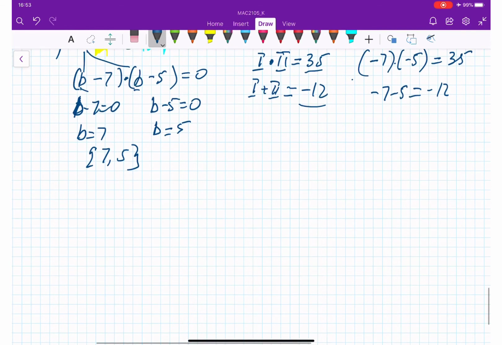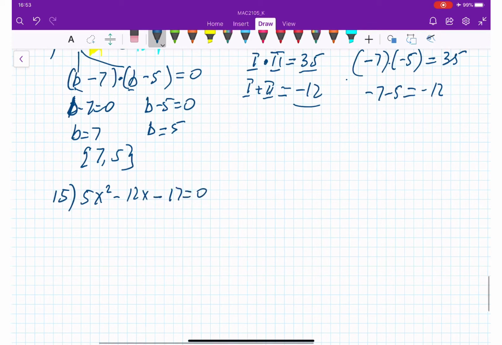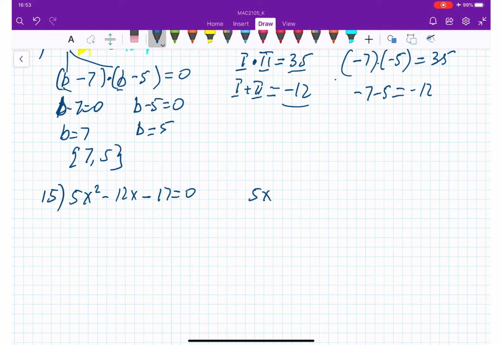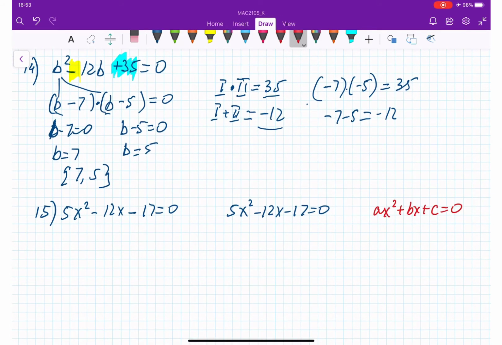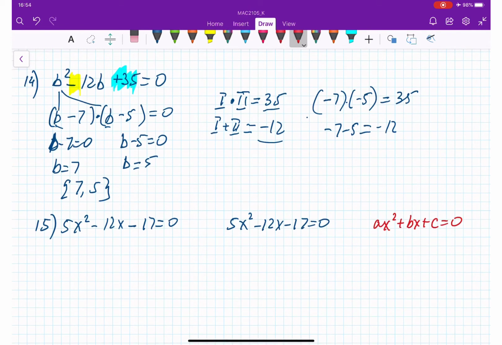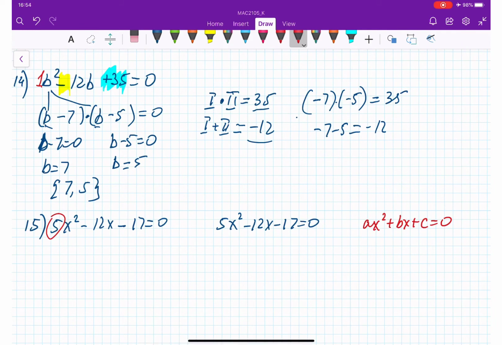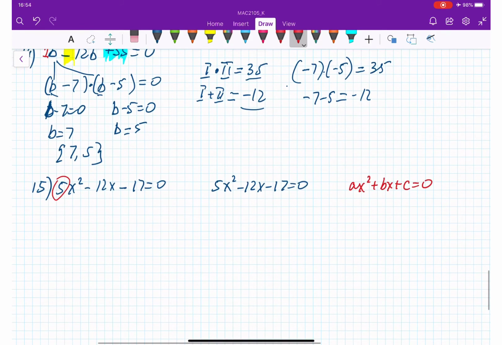Okay, question number 15. We have 5x squared minus 12x minus 17 equals 0. Let me write down here so we can solve it. This is going to be solved a completely different way. I'm going to use the method of discriminant, where we have ax squared plus bx plus c equals 0. Now, how can you know when to use what method? With breaking down by terms, one thing we need to pay attention to is that we have coefficient 1, like our b squared. Here 5x squared has coefficient 5. So when the coefficient is other than 1, we use this method. And then using the formula,